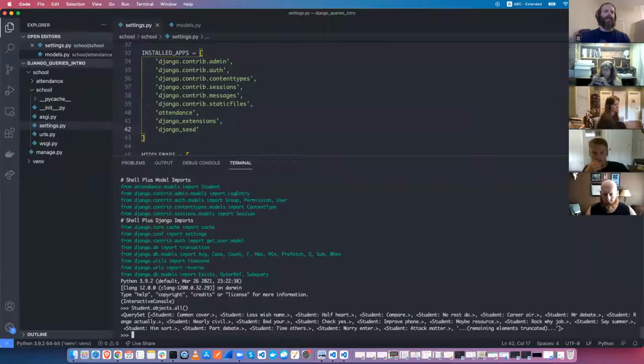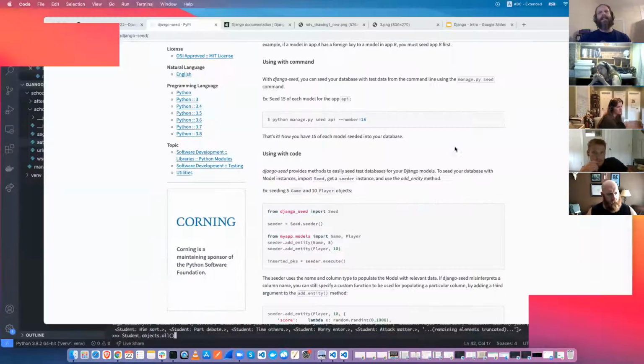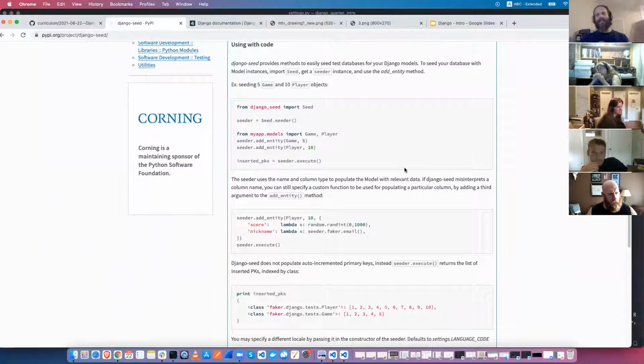If I added any model whatsoever, would it work? Yeah, it should. Depending on whether or not there are foreign keys and stuff like that, the